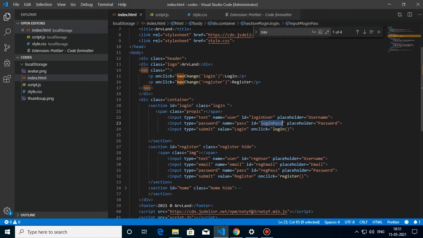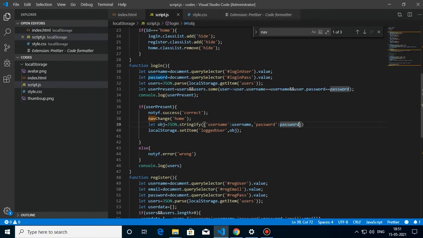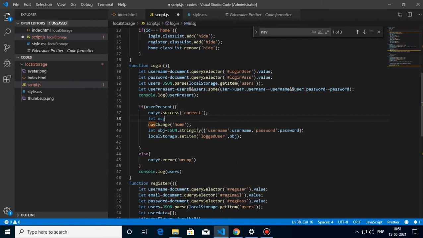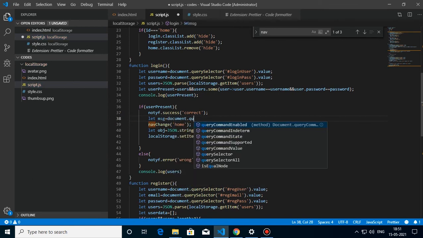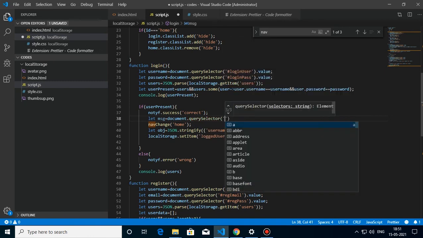In the home page, I have left an element called message, so we can provide something there. For that, before navigating to home, we will take let message equal to document dot query selector hash msg, which is the id of msg.